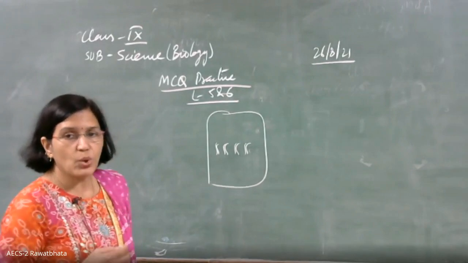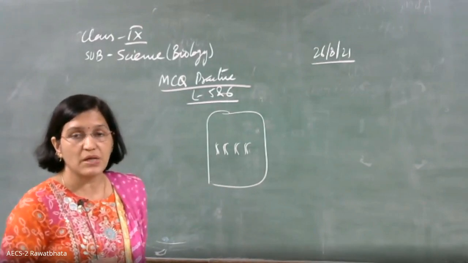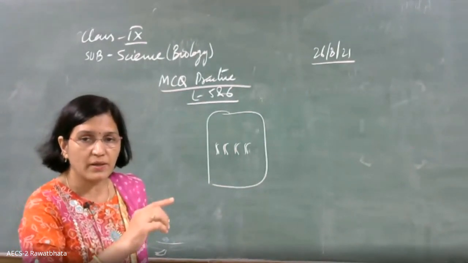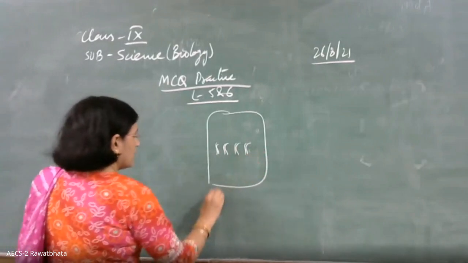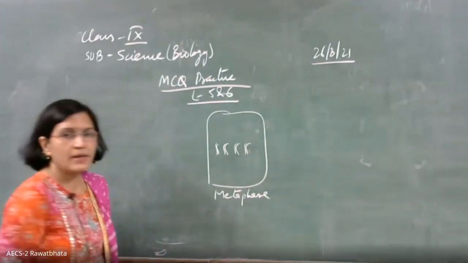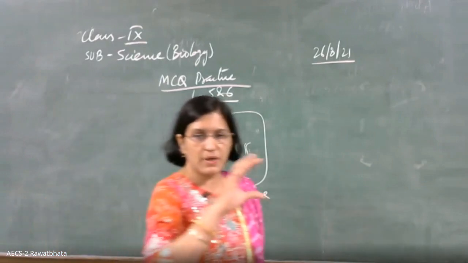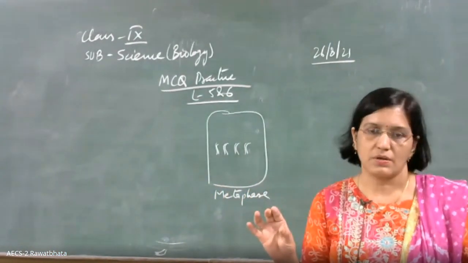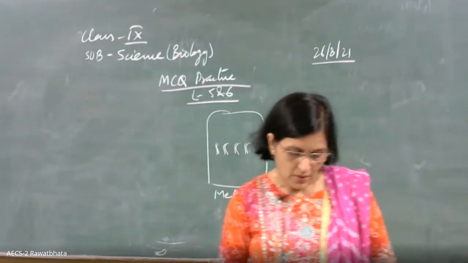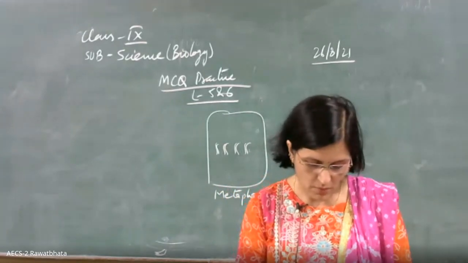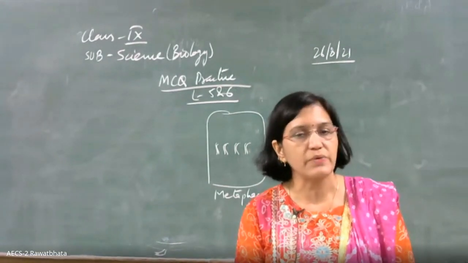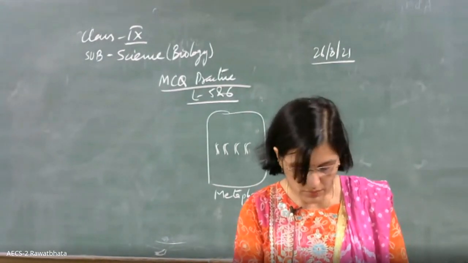Remember, if I want the chromosomes to be clearly visible, when these chromosomes are arranged linearly at the equator, this will happen at the metaphase stage only. In other cases, you will not find them arranged so clearly near the equator. So the answer in this case will be, of course, metaphase. Now, these questions will be a bit tough because they are part of NTSC. Okay. Now the next question: